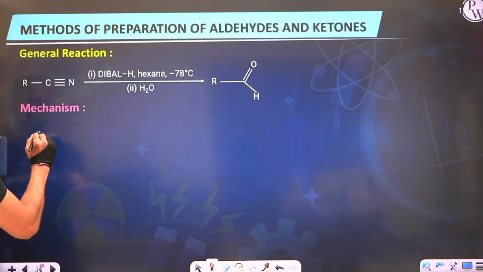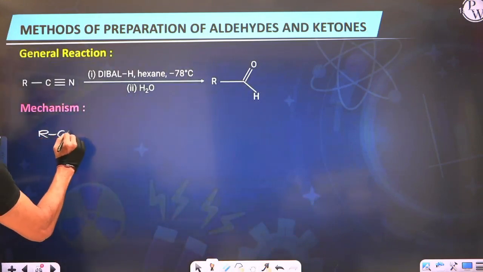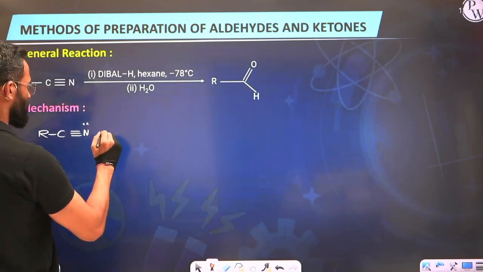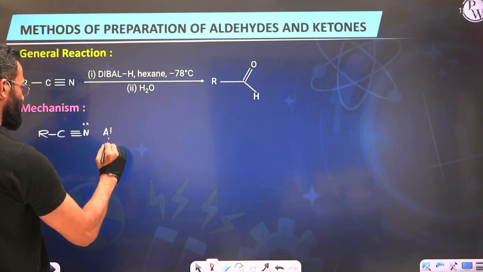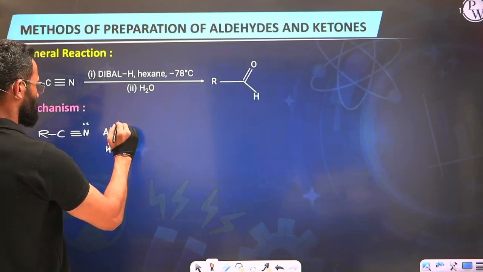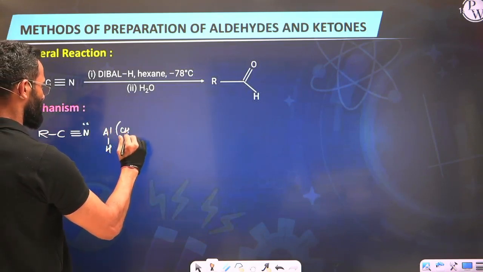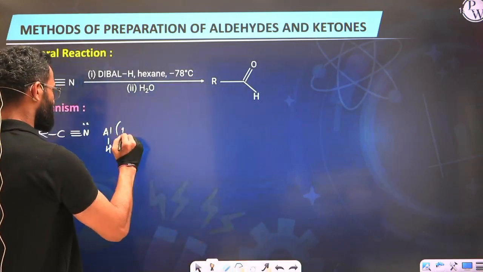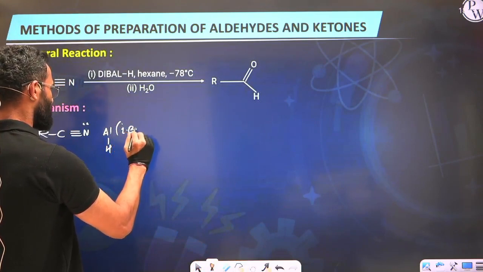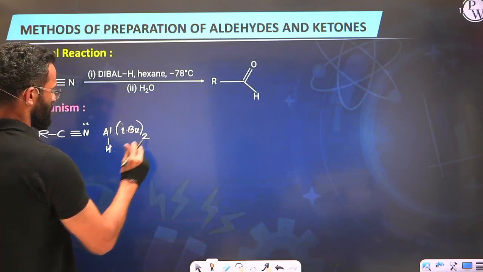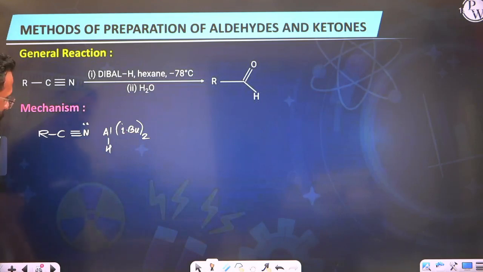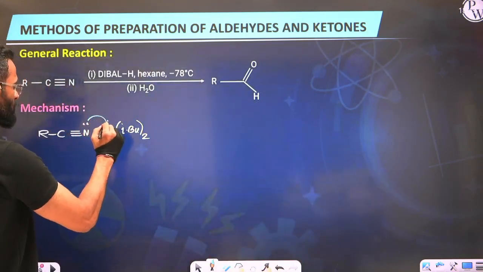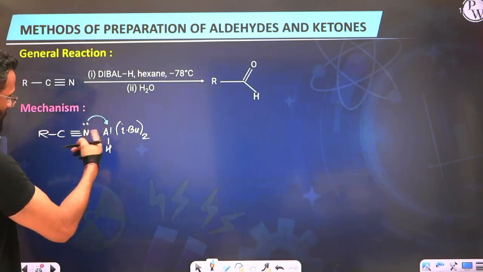Let's say we have got R-C triple bond N. We know N carries a lone pair. We have got DIBAL-H, that is aluminium carrying hydride and 2 isobutyl groups, so CH2. Alright guys, isobutyl sometimes you might see written like this, iBu twice, that is diisobutyl. Okay, so here aluminum will accept the lone pair from nitrogen, hence will become anionic,